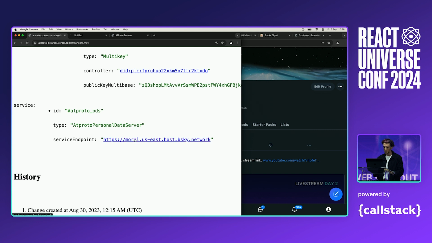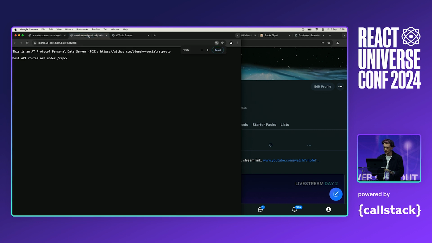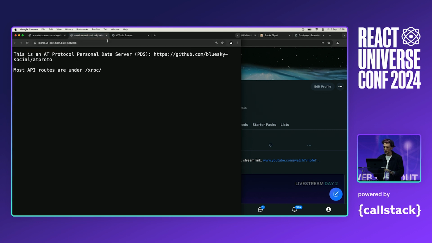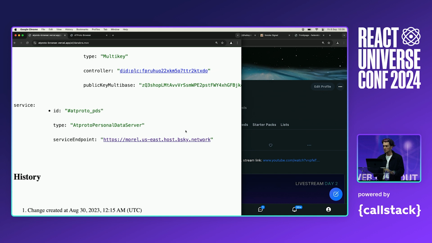We can actually click on this, and it's just an HTTP server. I'm not going to actually hit its routes, but it's open source, so you can see the source code. This server is operated by Bluesky, so my hosting is by Bluesky, the company. But because we provide a Docker container for this server, and it's also just TypeScript, you could run it yourself. Also, it's a spec, so you could implement it yourself against the spec.